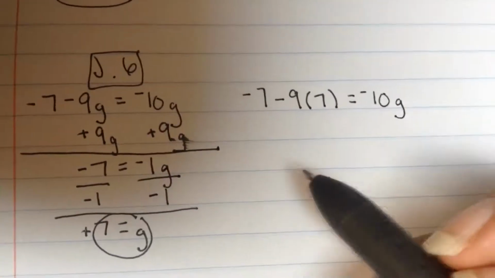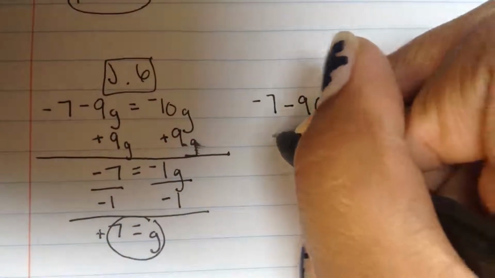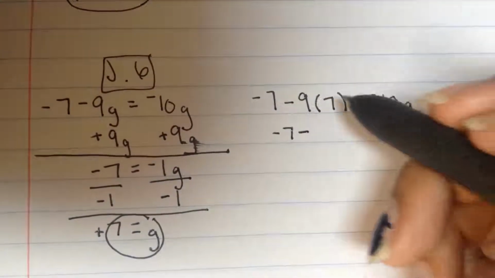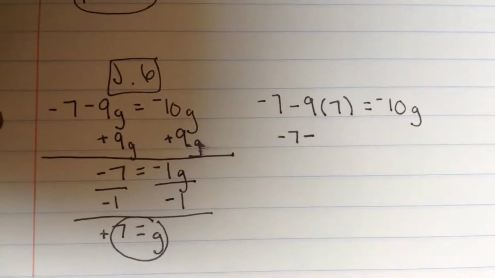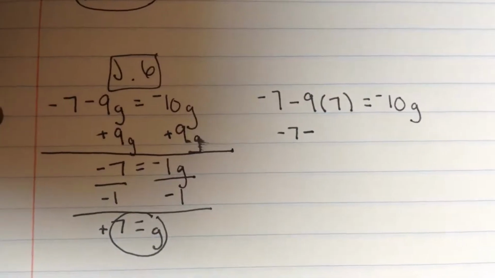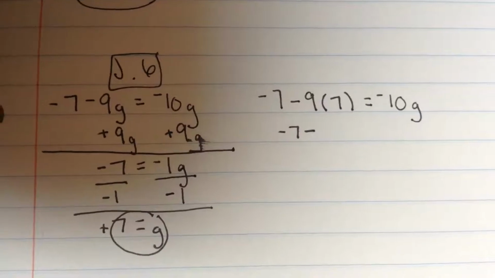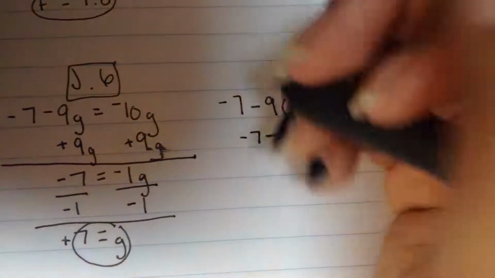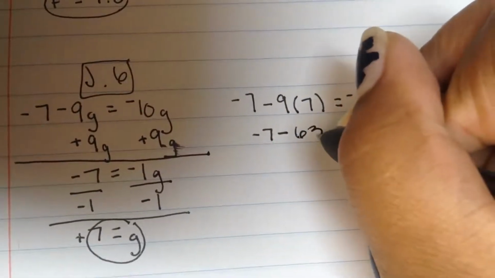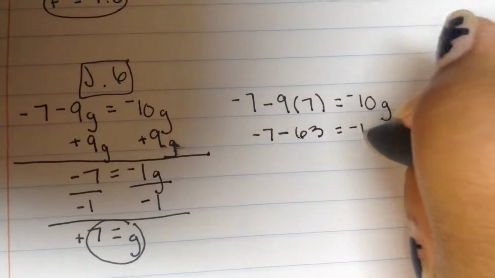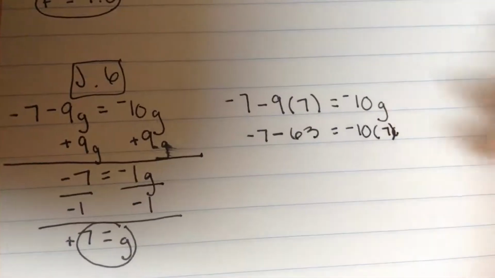-10g. Now, what you're going to do is you're going to distribute first. So it's going to be -7 minus 9 times 7. Now, you might need a calculator for this, and I am included in some of you. 9 times 7. I'm going to use my handy-dandy calculator. 9 times 7, 63. That's a weird number. I don't like that number. Anyway, so 63 equals -10 times 7